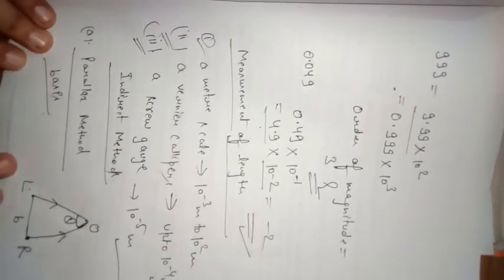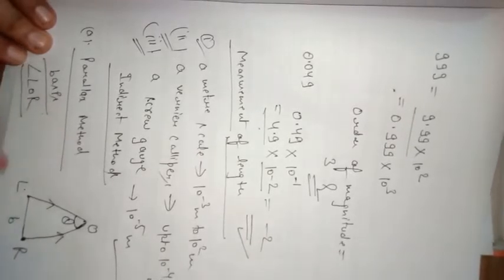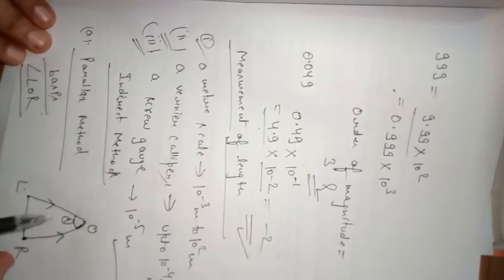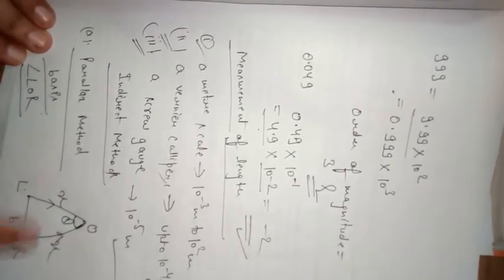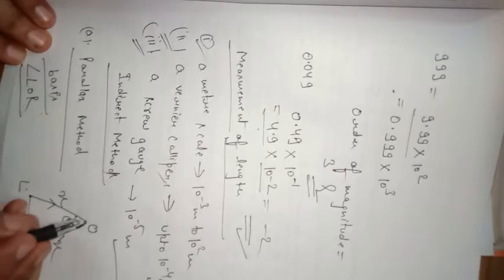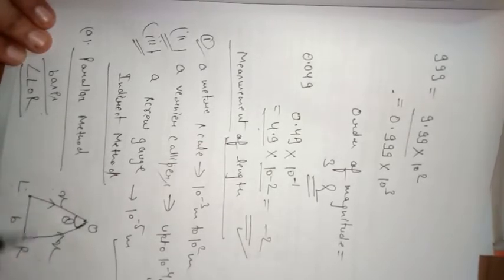Okay, and which angle is parallax angle? That is angle LOR. So this method is going to be very important, and that is the parallax method. Suppose we know the value of the basis and we know this angle, then this can help us to calculate these distances.